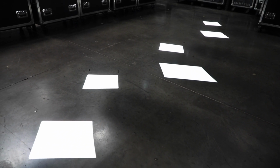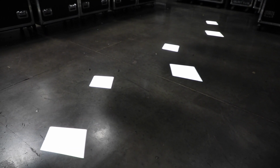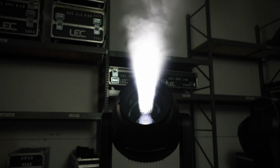Did you get to experiment with the framing shutters or no? I didn't actually get to see those in person yet, but just the fact that they've jammed every feature into a waterproof body at 80 pounds is already amazing. And the difference between that and the Viper Performance, what do you find the best quality that it has over the Performance? I haven't actually checked it out yet, but one of the most interesting benchmarks I think about doing things